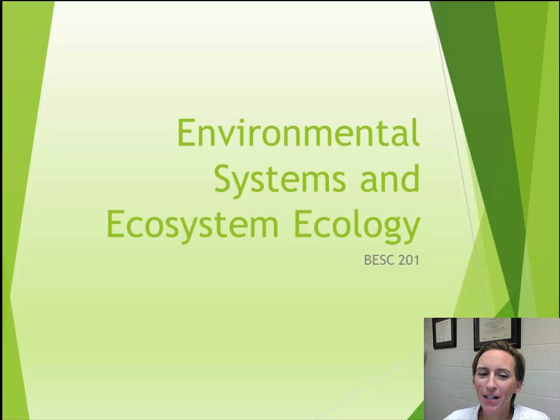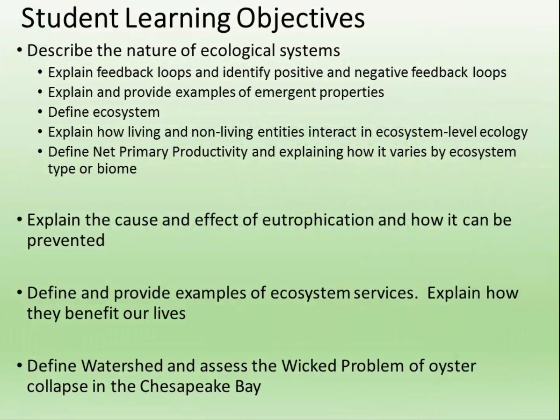Howdy! This mini lecture will discuss environmental systems, ecosystem ecology, and ecological services as described in your textbook in Chapter 5. The student learning objectives of this mini lecture are: describe the nature of ecological systems by explaining feedback loops and identify positive and negative feedback loops, explaining and providing examples of emergent properties, defining ecosystems, explaining how living and non-living entities interact in ecosystem-level ecology, defining net primary productivity and explaining how it varies by type of ecosystem or